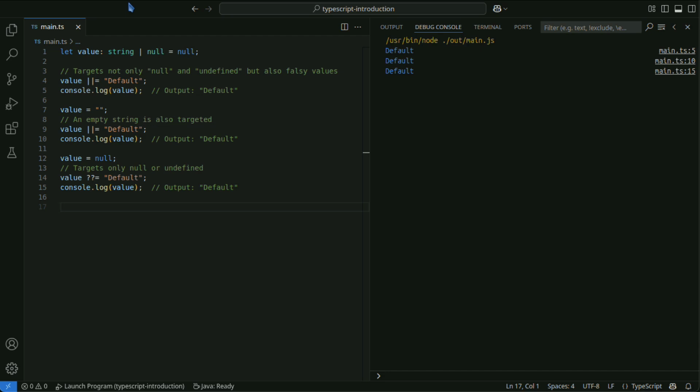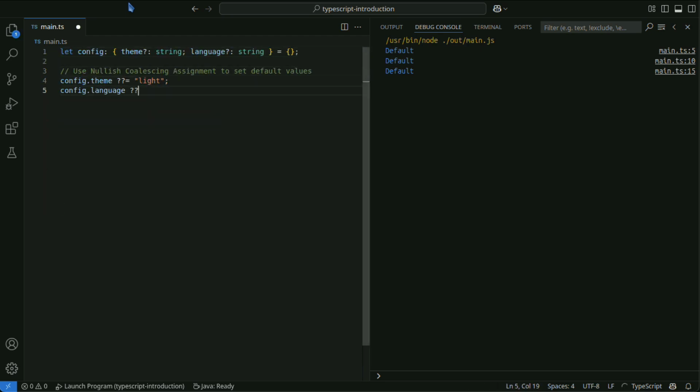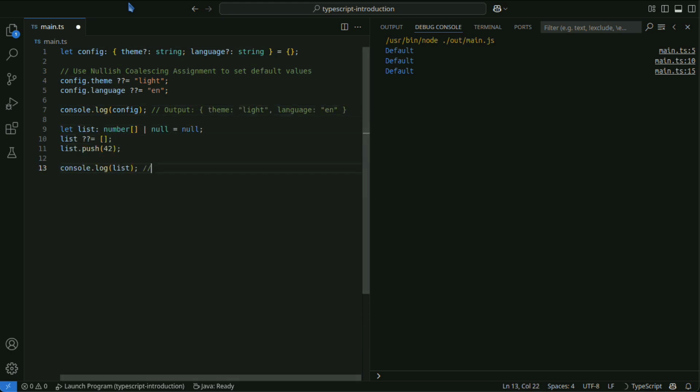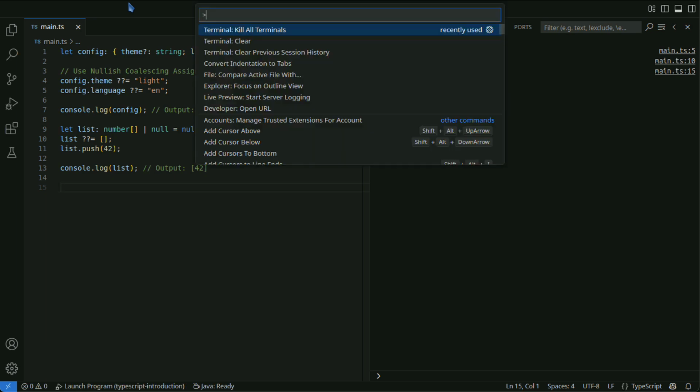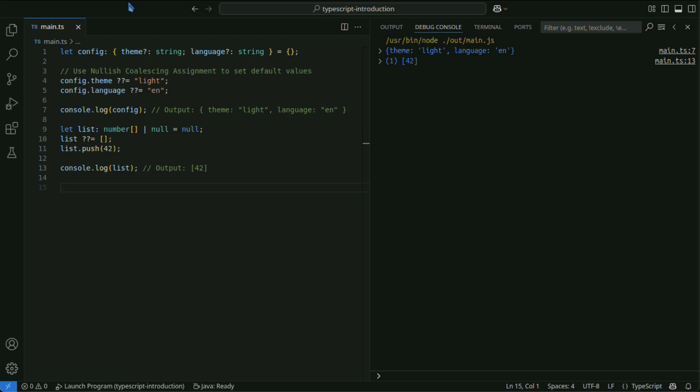Let's look at an example of setting default values to objects or variables using the nullish coalescing assignment operator. By using it, you can eliminate unnecessary code and write smoother, more elegant TypeScript code.